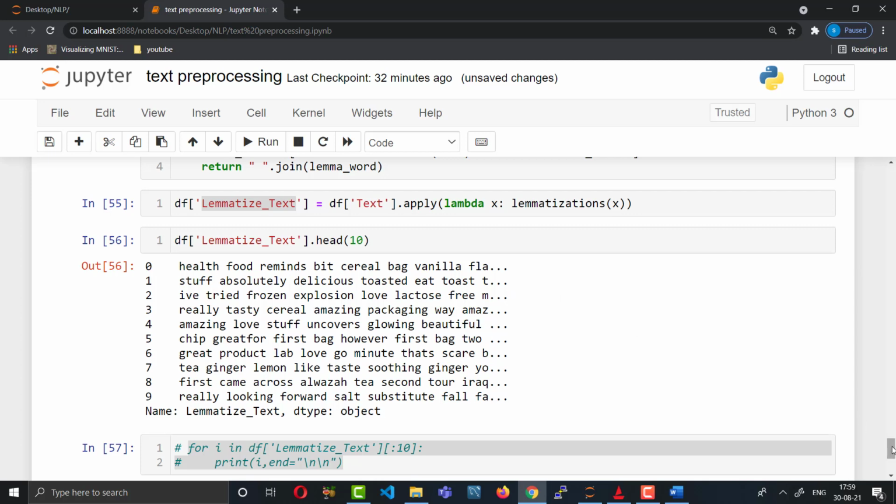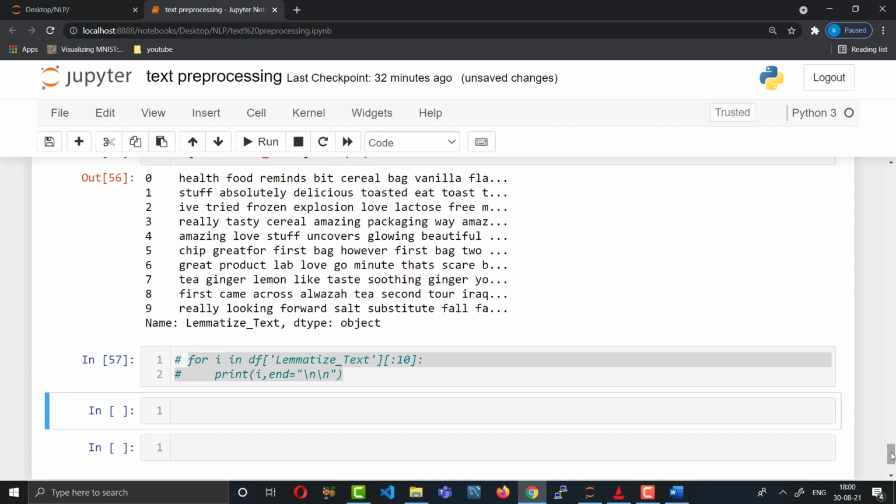One more thing is that we can do more on text processing, like how to remove emails, how to remove http URLs, how to find hashtags, and how to handle contractions. Initially I told you about contraction words. Contraction is when some people write like this, I've, which is equivalent to I have.